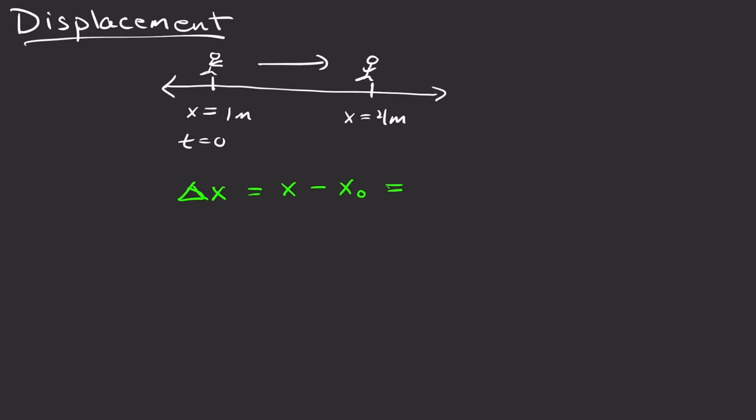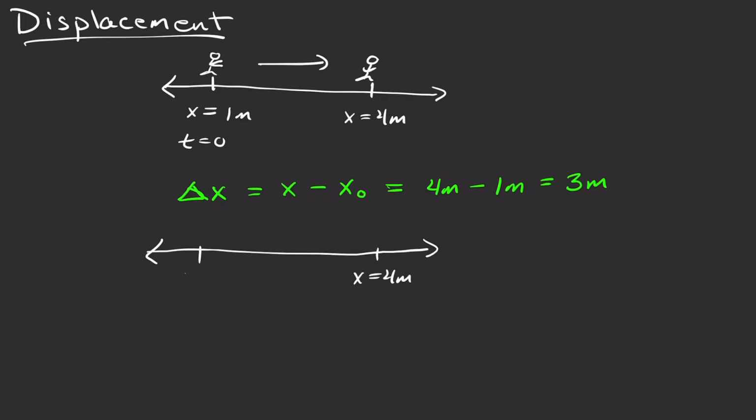So x, being the final position, or 4 meters, minus x naught, the initial position, 1 meter, and we get 3 meters. Okay, so that's pretty simple, but what if we draw the exact same thing,